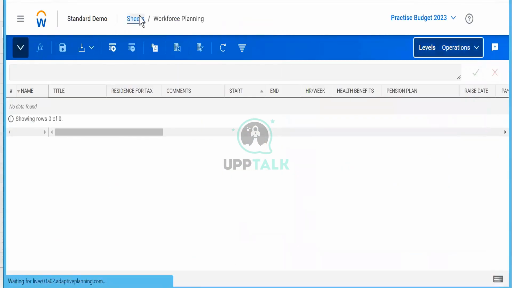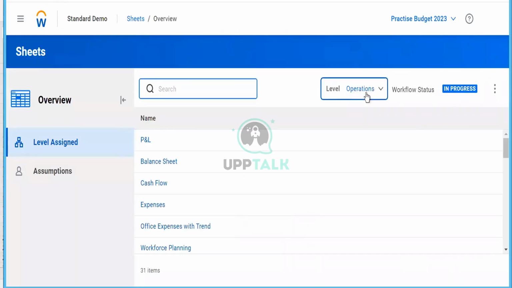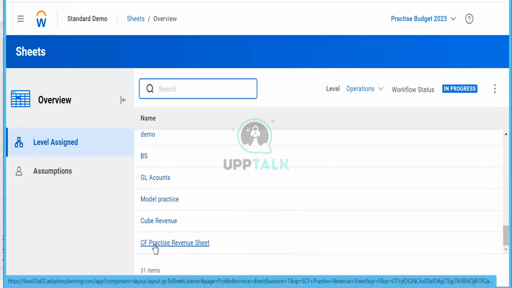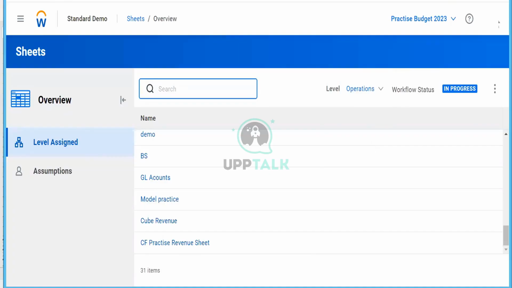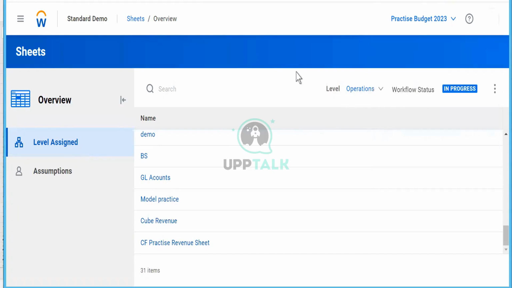Let's just refresh the page. We are in practice budget version. We have this. Finally, you can see. Now this was because this user only had the access to operations level, and in our hierarchy the level was outside operations. That's why we always require a power user admin, because such kind of security is not there. Otherwise, see, this particular user now has assigned a company to himself or herself.